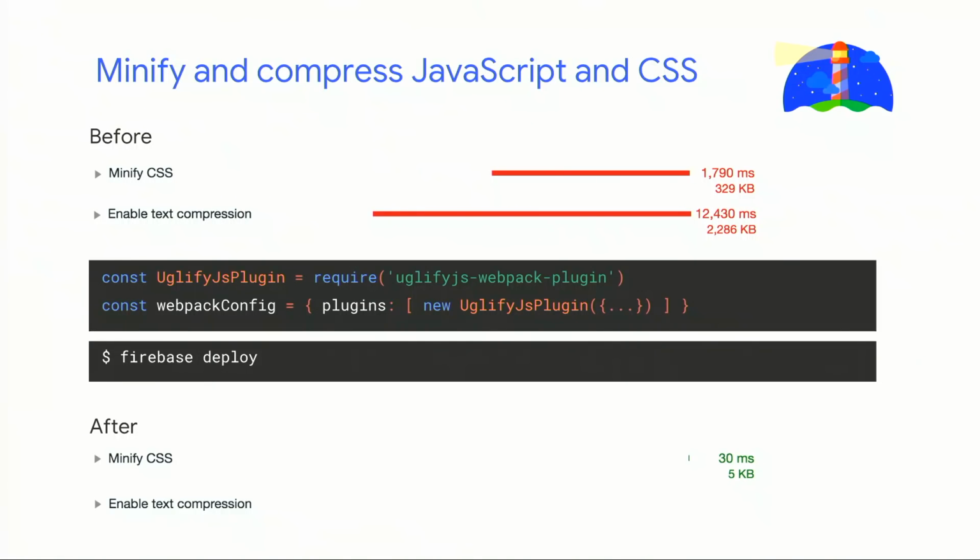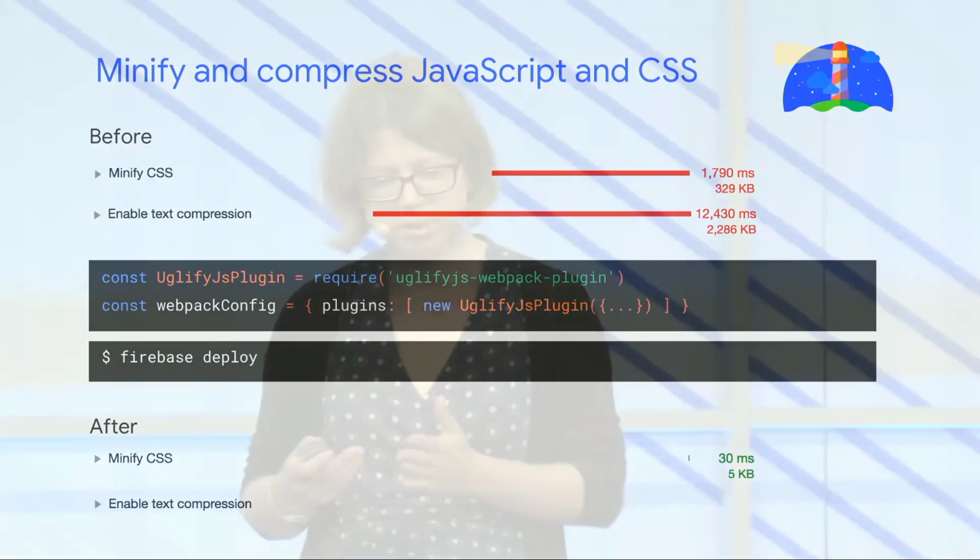So what is the easiest thing to remove? Usually nothing. And by nothing, I mean things that do not really contribute to the code, like white space or comments. Lighthouse highlights this opportunity in the Minify CSS and Minify JavaScript audit. We were using Webpack for our build process, so in order to get minification, we simply used the Uglify.js plugin. Minification is a common task, so you should be able to find a ready-made solution for whichever build process you